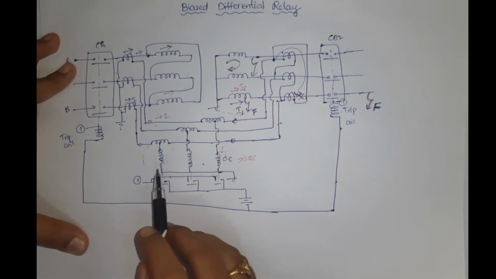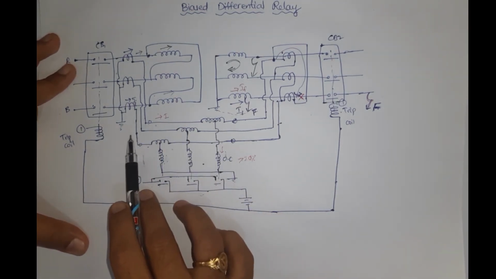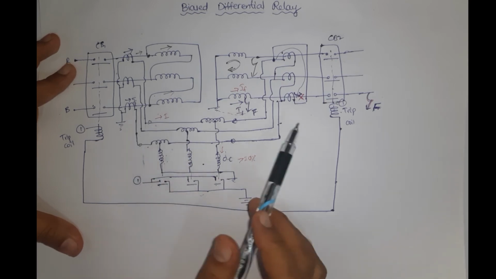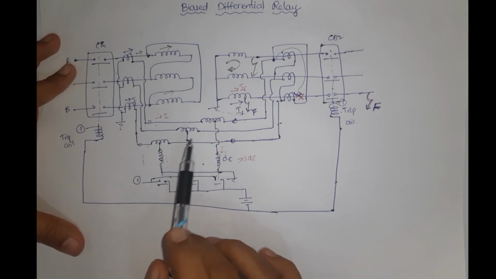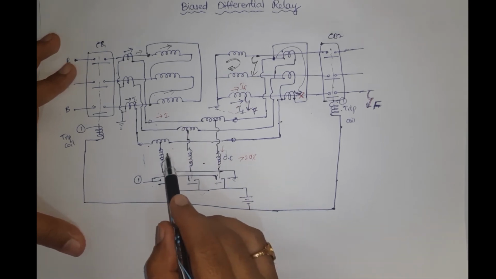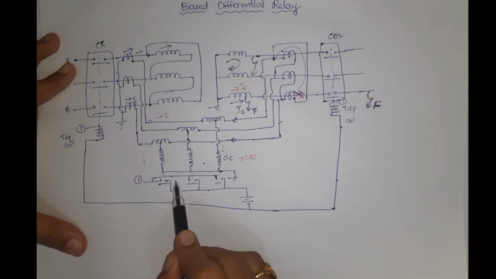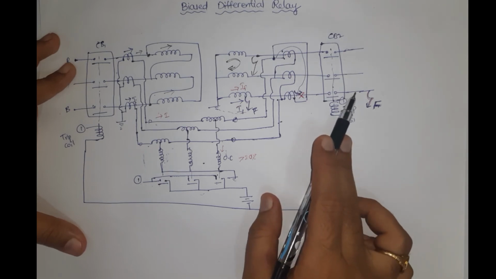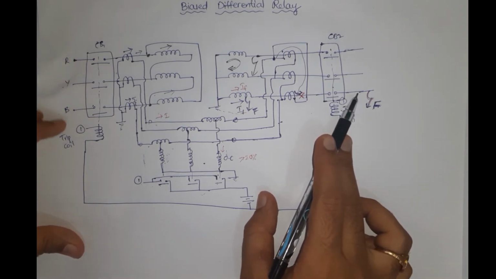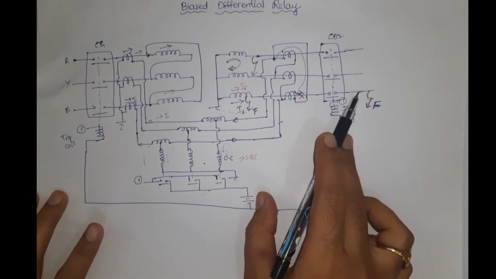So that means there is a difference in currents in both sides of the transformers or current transformers. The current flowing in the pilot wires also differs, so that the difference in current, whatever it is, flows through the operating coil, so that the switch gets closed and activates the trip circuit, which in turn activates the circuit breaker contacts. So this is a protection scheme for biased differential relay.